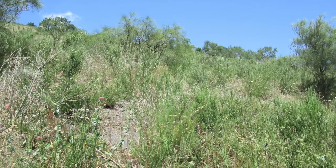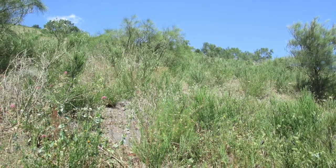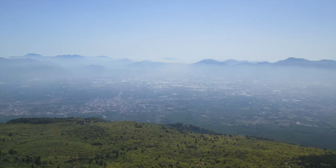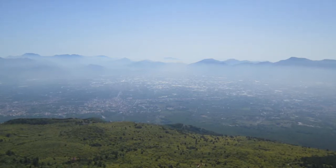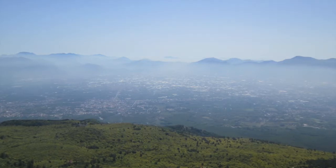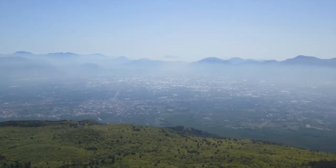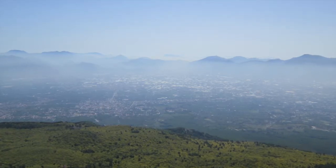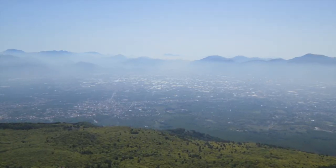As you look up the mountain, you can see scrubby brush and low bushes which blanket the sides. Looking down, you see the beautiful lush green slopes where foliage grows abundantly in the volcanic soil. This reminds us why people have stayed living in this region despite the dangers of the volcano. The soil is so fertile and what it produces is so abundant and high in quality that people cannot abandon